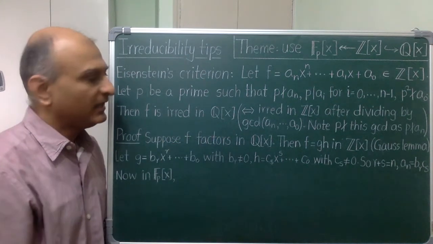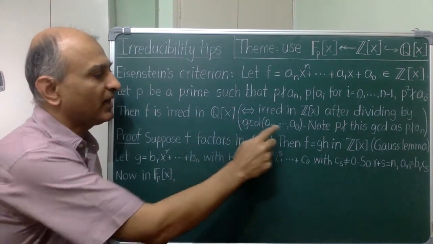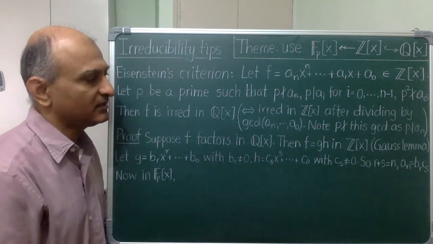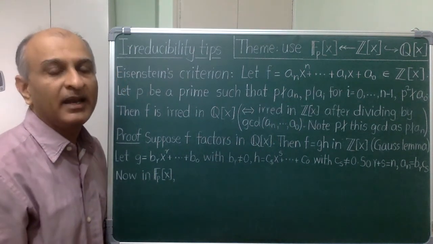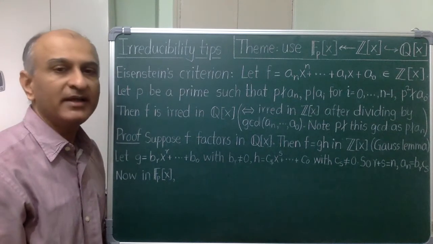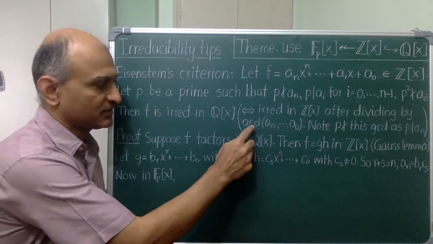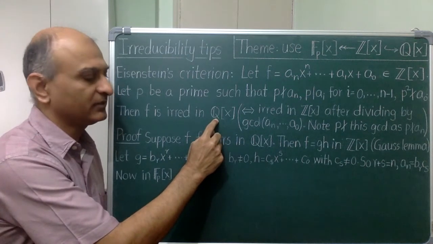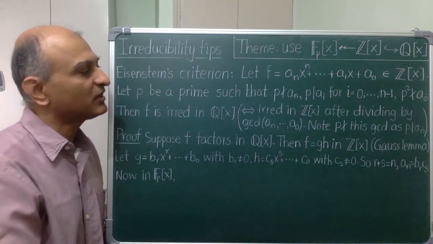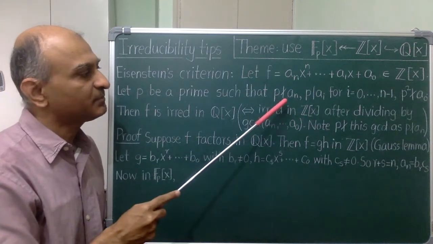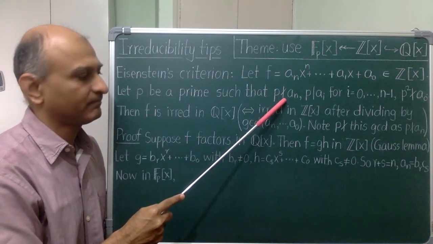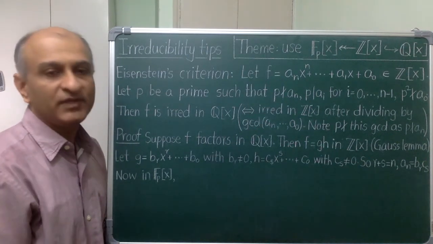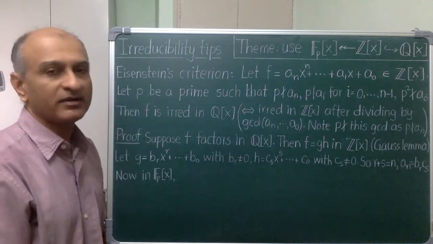By the way, irreducibility over q and over z are equivalent if f is primitive, and I can arrange that by dividing by the GCD of coefficients. This makes no difference over q because the GCD is a unit, and over z it does not affect the hypothesis because p does not divide the GCD. But I can carry out the proof even without this, and it is by contradiction.